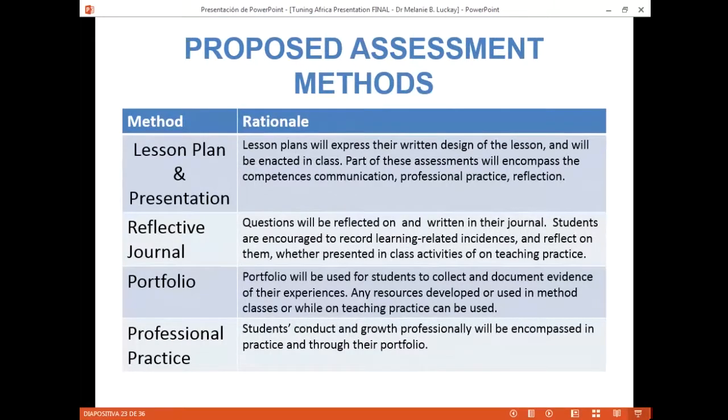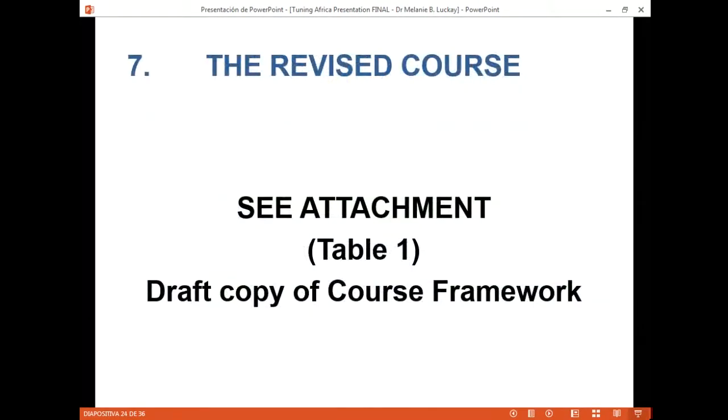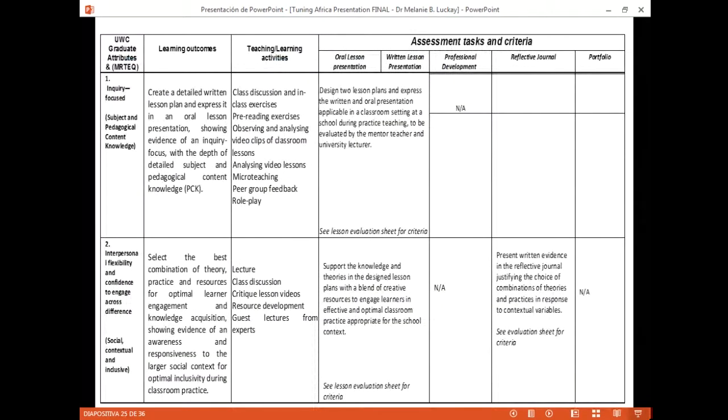And like I said, the assessment marks, these are the lesson plans, reflective journals, portfolios, etc. And this is how we basically, as I explained earlier, wanted to use them. So setting it out, we basically took the graduate attributes, what were the outcomes we wanted, the activities, and here's all the assessment: the lesson plans, the professional development mark, the reflective journals, and the portfolios. Then we had to select for each competence what we would want them to be assessed on. So for